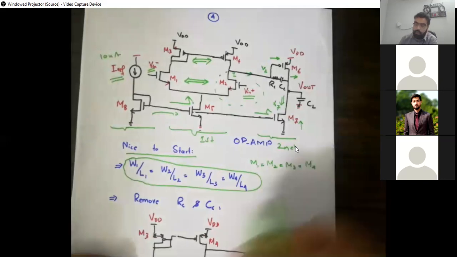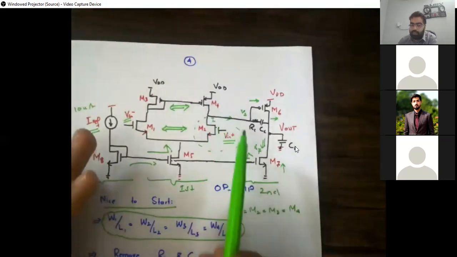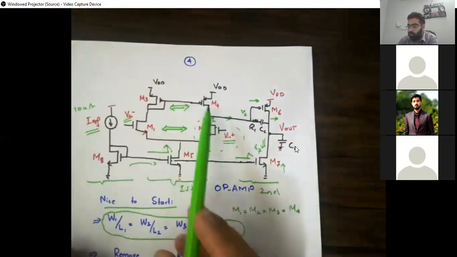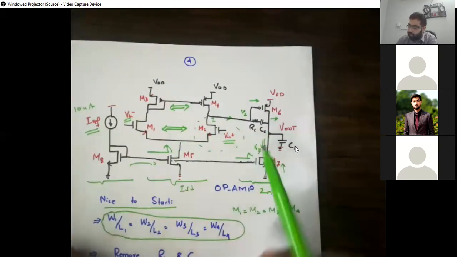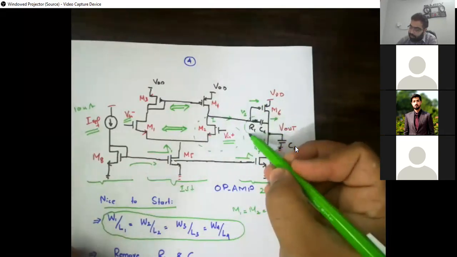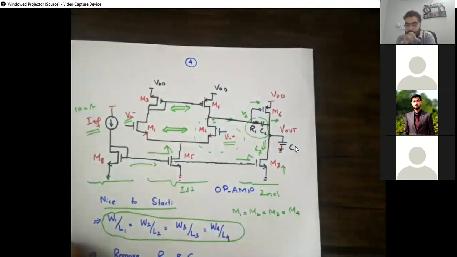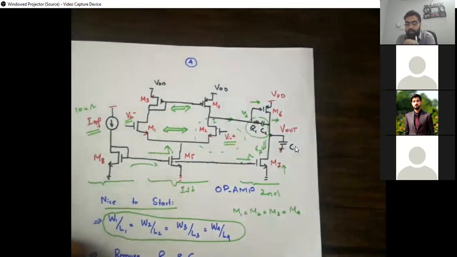Okay. So if we just come back to this configuration again, we talked about this is the first stage and this one is a second stage. Second stage में ये resistor और capacitor क्या कर रहे हैं? Anybody want to comment on this resistor and capacitor? Because when I was briefly telling about this configuration, V2 is going to the gate of the PMOS, I didn't mention anything about the resistor and capacitor. ये resistor and capacitor क्या कर रहे हैं?